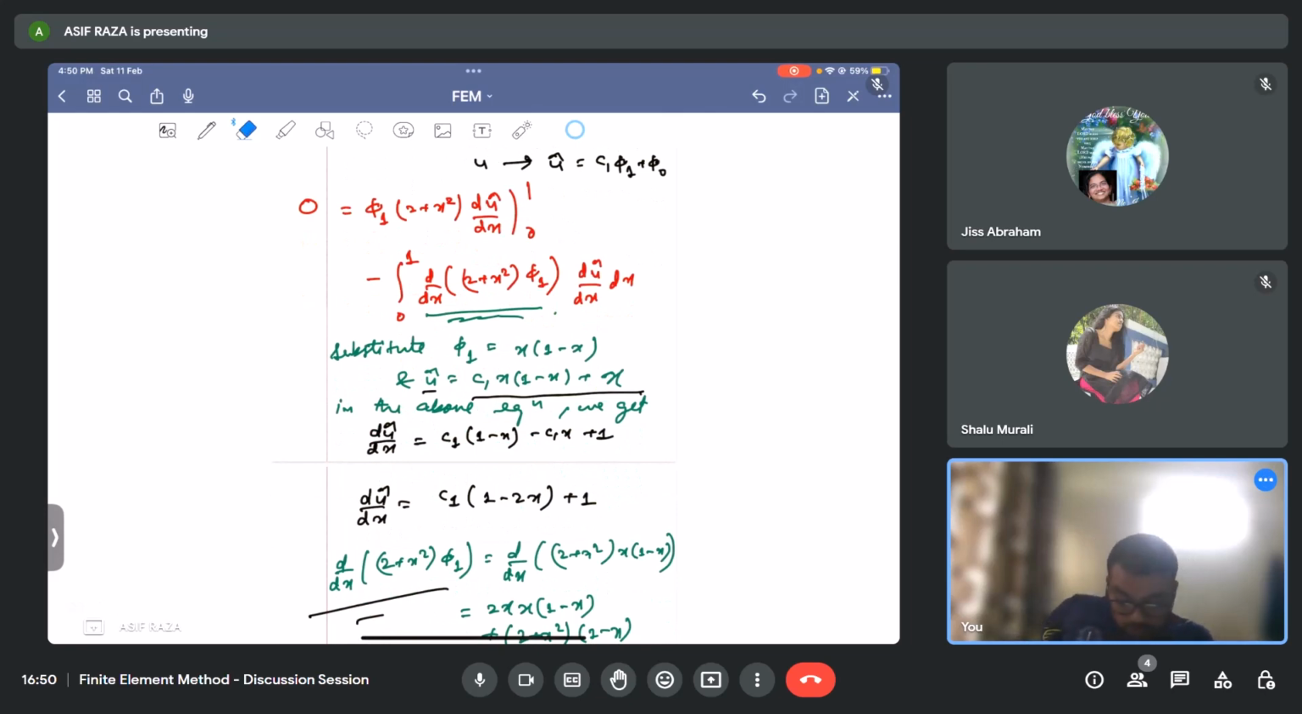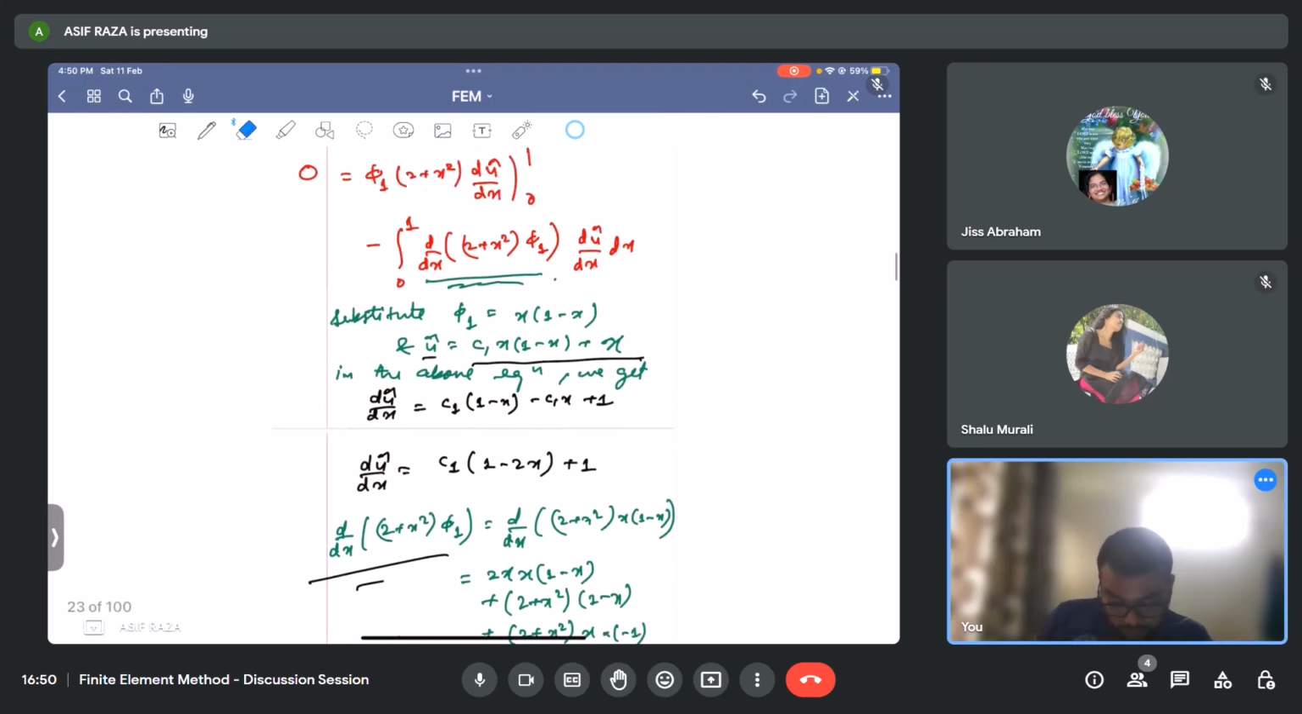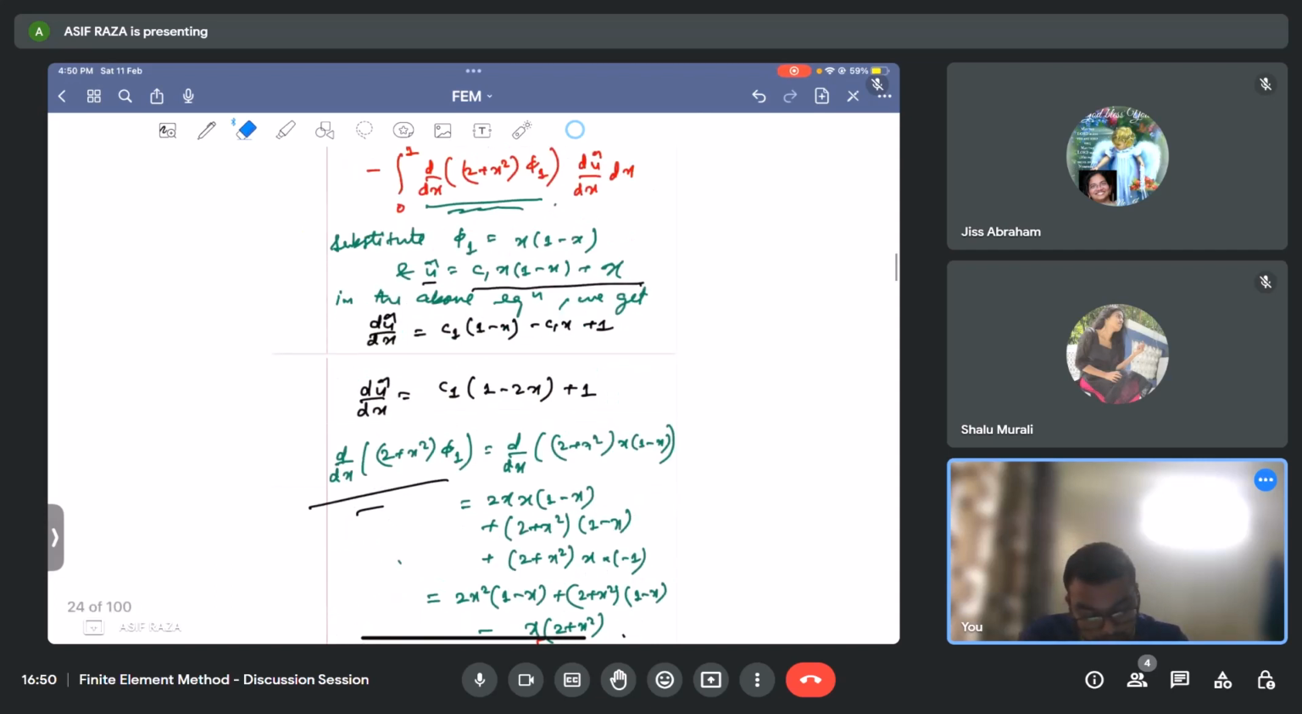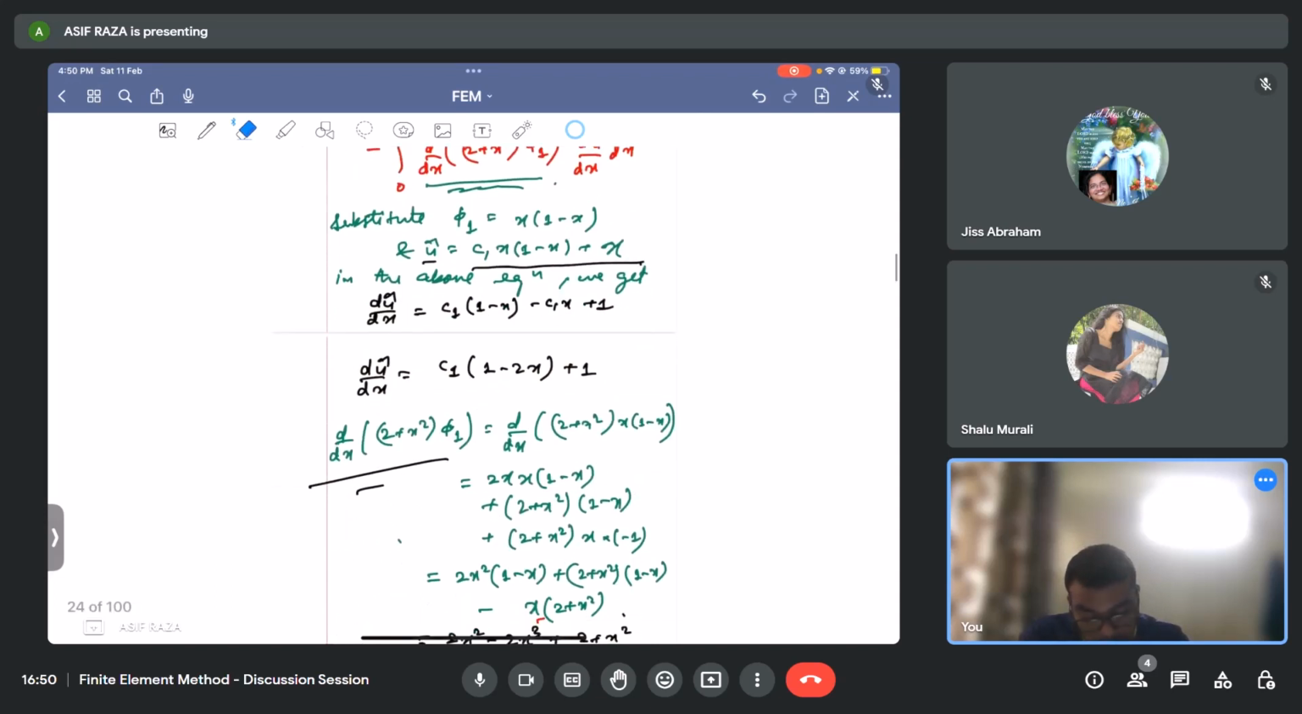So du hat by dx, u hat is c1 x(1 minus x) plus x, c1 minus c1 plus 1. So this is 1 minus 2c1 minus 1 x minus 1. Okay, this is correct, I suppose. Then this one